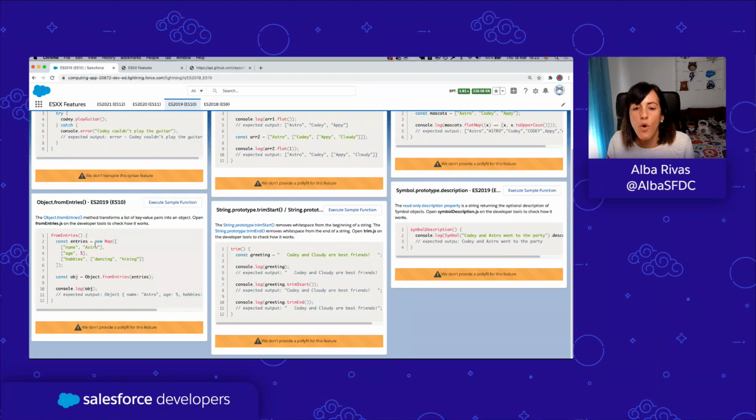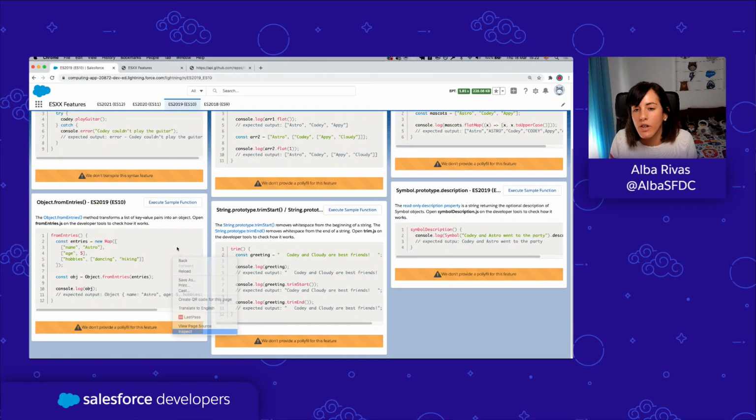For instance, if you have a multi-dimensional array, or if you have a map in which you have indicated a list of key value pairs, like here, name Astro, age 5, hobbies, dancing and hiking, then you can do Object.fromEntries, and this is going to allow you to create an object